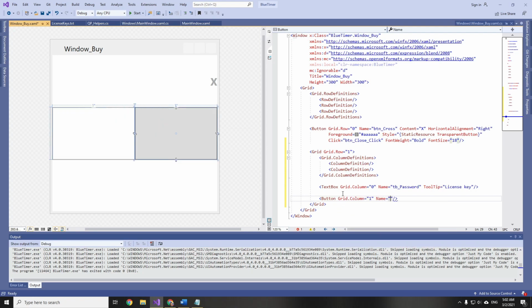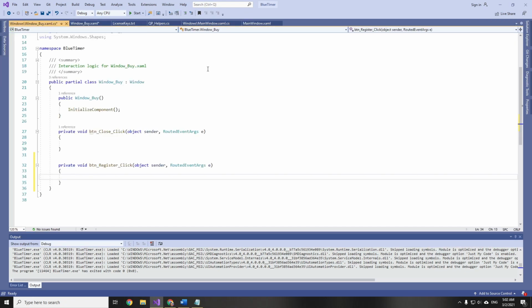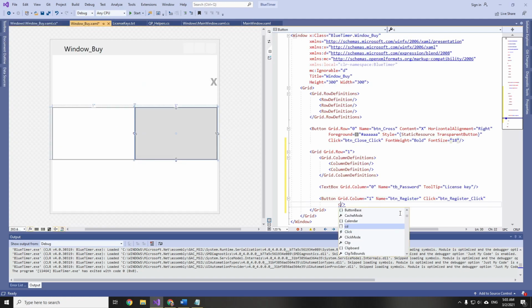Its name will be button underscore register, and it will need a click event. Press F12. Its content is going to be register, and let's set its margin to 0.